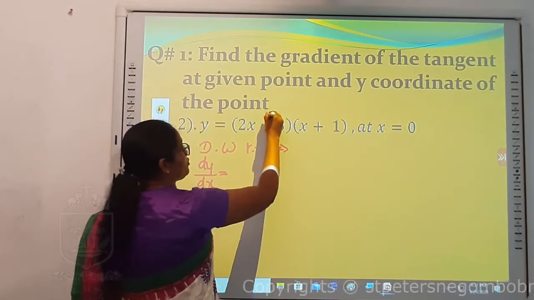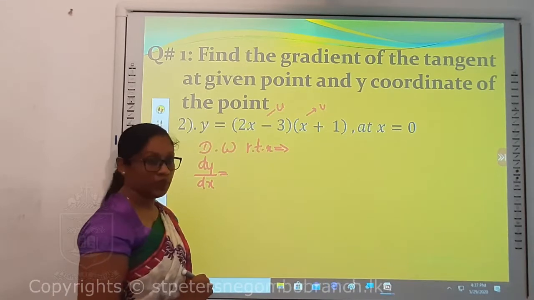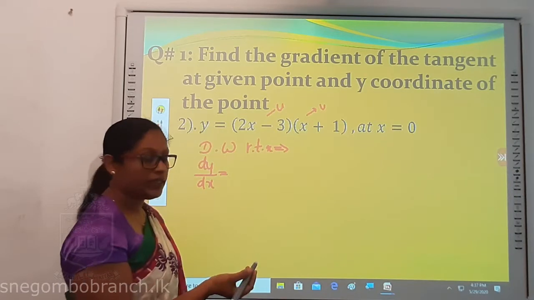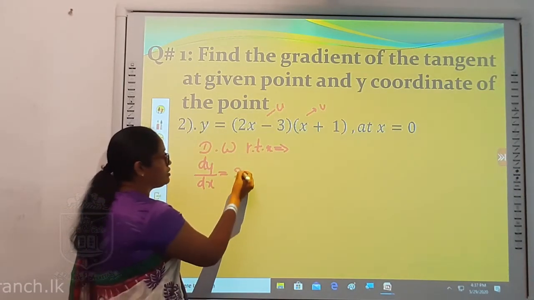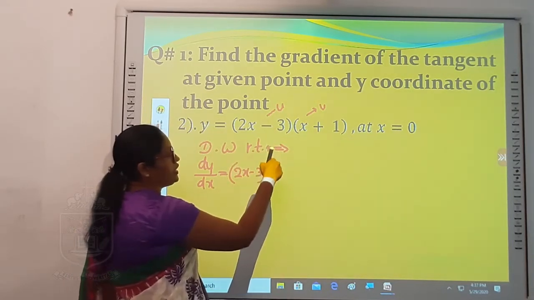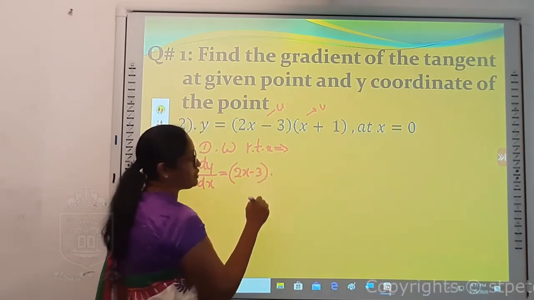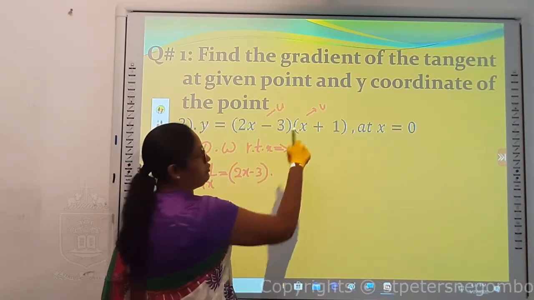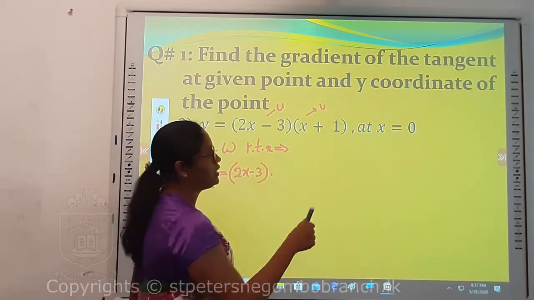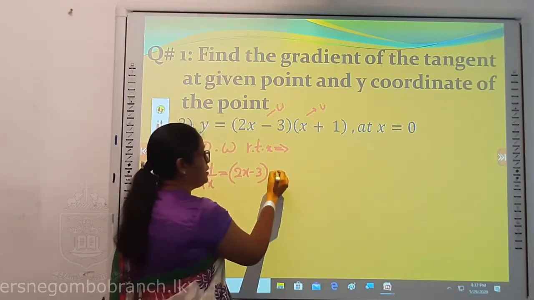For that I choose this function as u and this one as v, so I'm going to apply the uv rule. The first term of the derivative should be u dv, where u is 2x minus 3, and then dv means we have to differentiate this function with respect to x. So if we differentiate the v function, dx over dx is 1, and d of the constant over dx is 0. So the answer of this derivative will be 1.